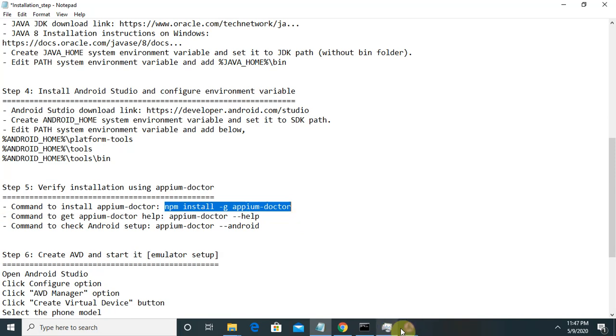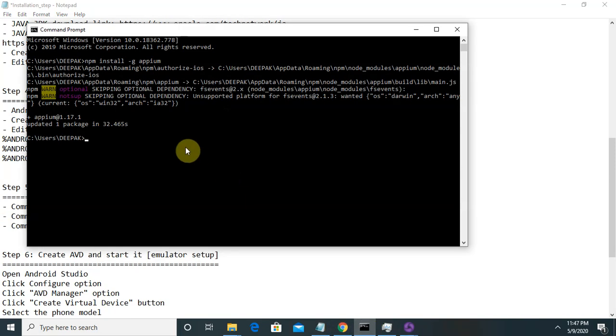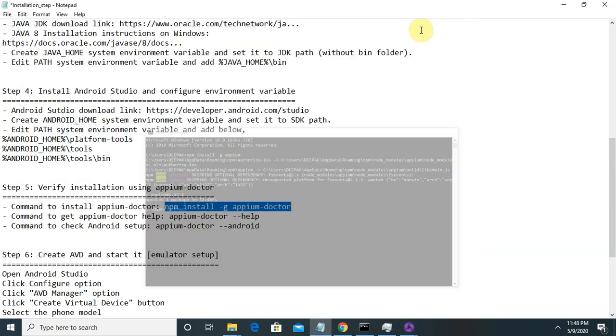It's very easy to use. Just copy this command and enter it here. After you enter this, it will install Appium Doctor. Appium Doctor is basically a help provider for the installation of Android Studio and Android related drivers. If anything is missing, it will throw a warning message on your command terminal, like an environment variable missing, or any packages missing, or any tools which are not properly installed, you can check it.